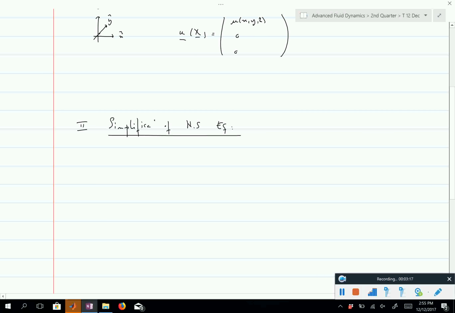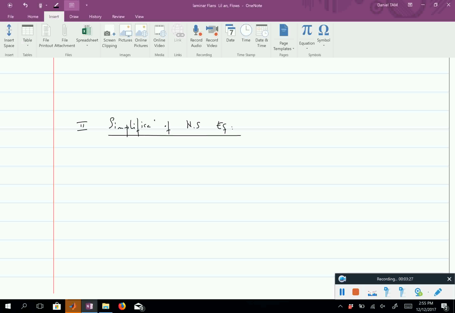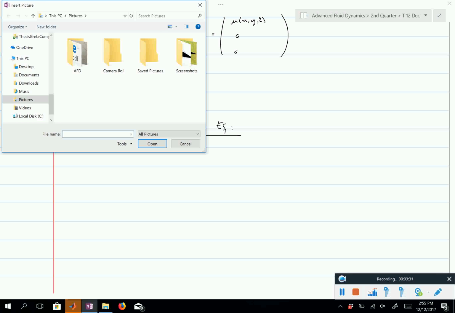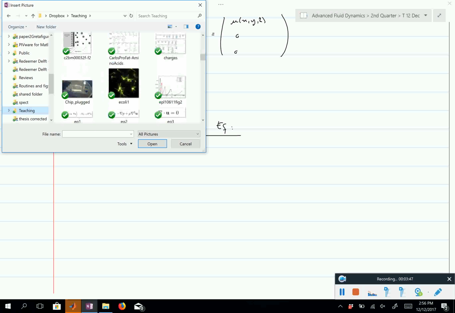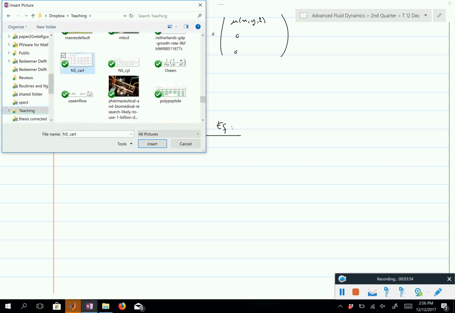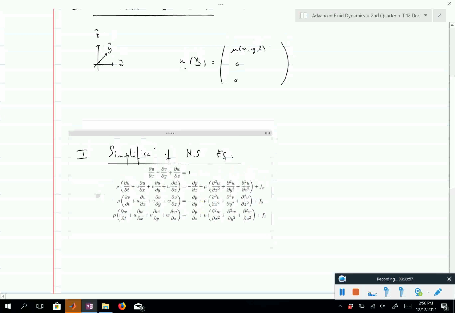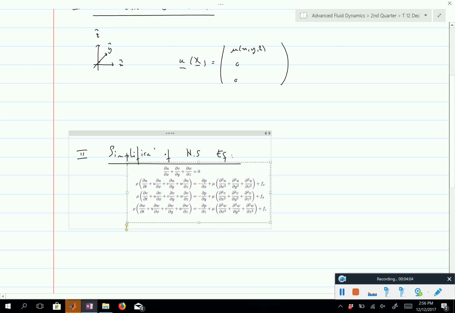And so the kind of simplification I will do now, again, these are the kind of simplification I would expect you to be able to do. Okay, so let's start with the Navier-Stokes equation. I'm going to write them in Cartesian coordinates. So you can start writing them because I will just do it at once. There you go. Okay. So these are the Navier-Stokes equation in Cartesian coordinates, and